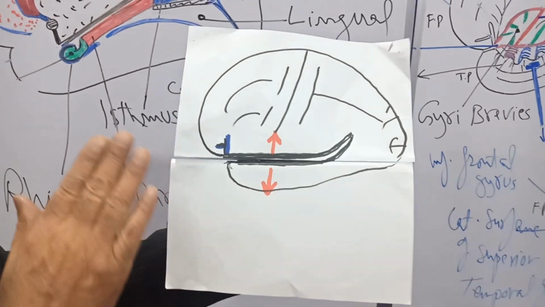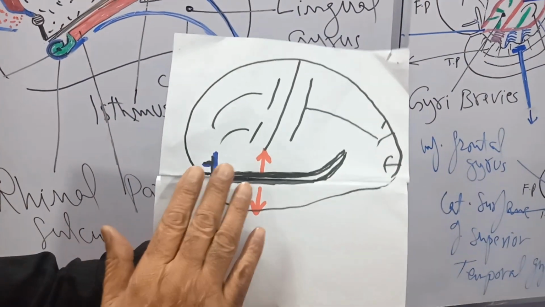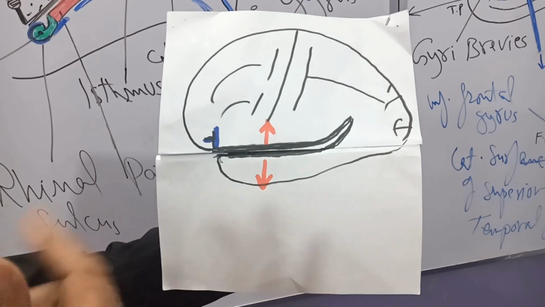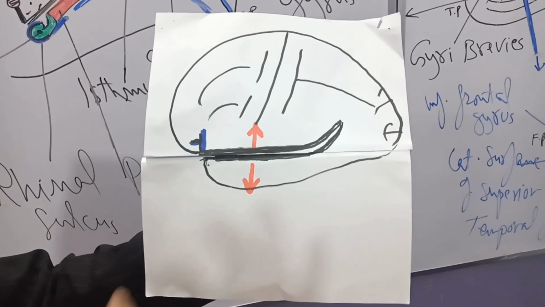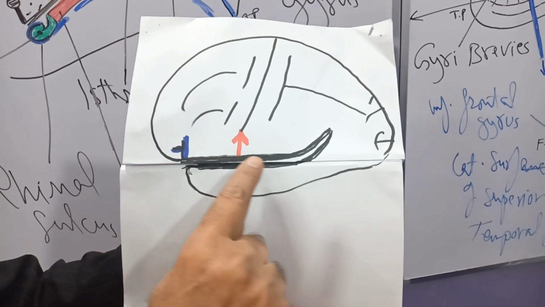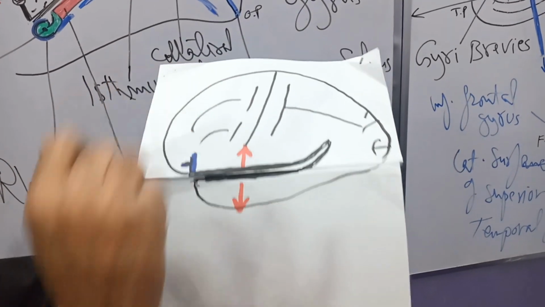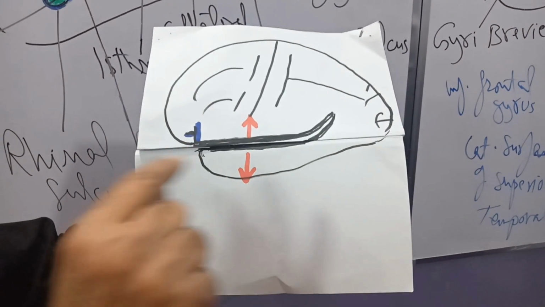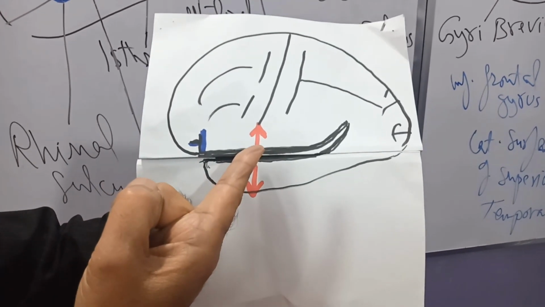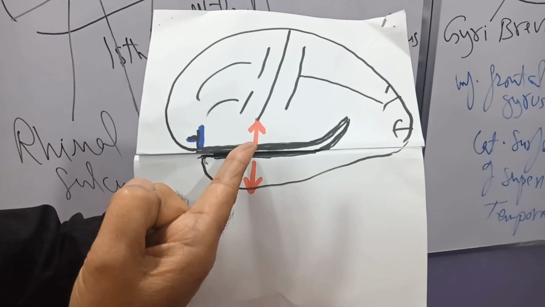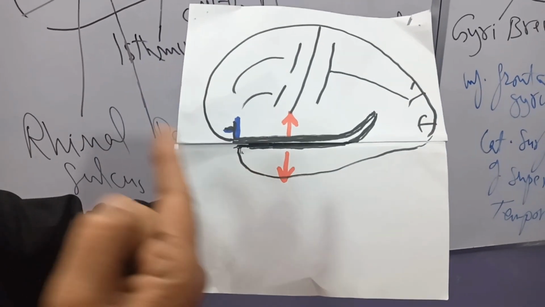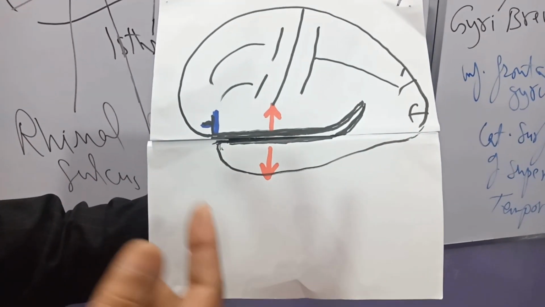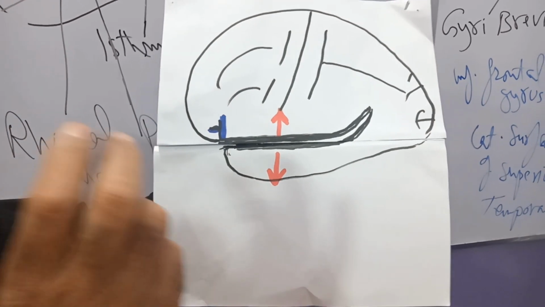Now, with the help of this paper model showing the supralateral surface of the cerebral hemisphere, I want to explain the transverse temporal gyri and the insula. Now suppose this is the posterior ramus of the lateral sulcus having upper lip and lower lip. The insula is buried inside and transverse temporal gyri are also inside. So when we move the upper lip of the posterior ramus of the lateral sulcus upward and downward, then the transverse temporal gyri and the floor of the posterior ramus of the lateral sulcus where insula is located can be seen.